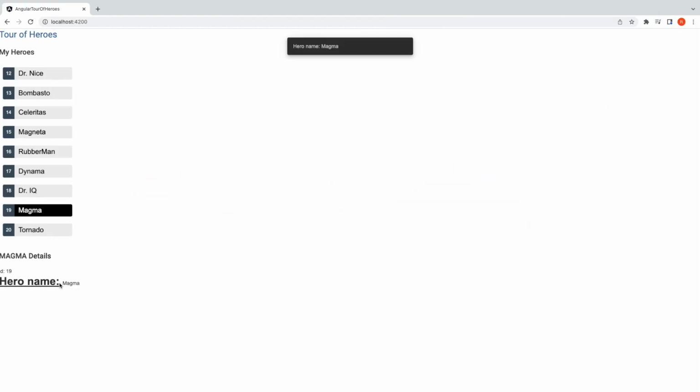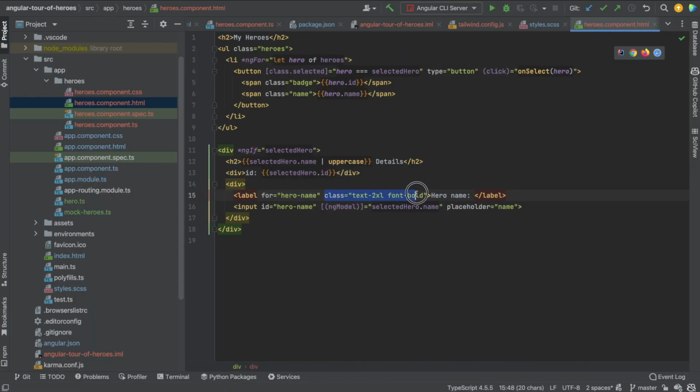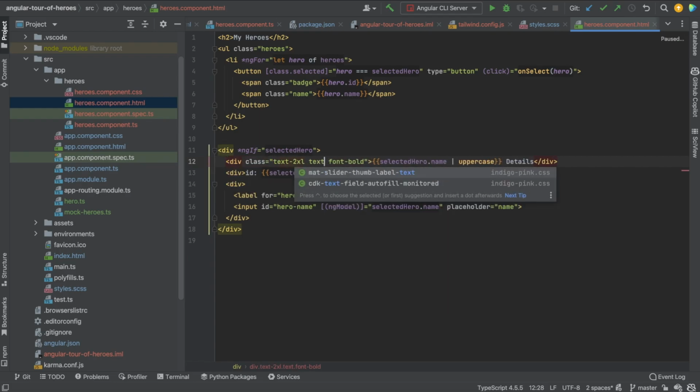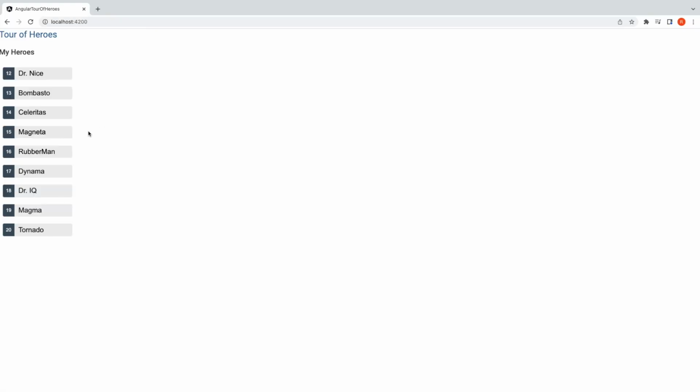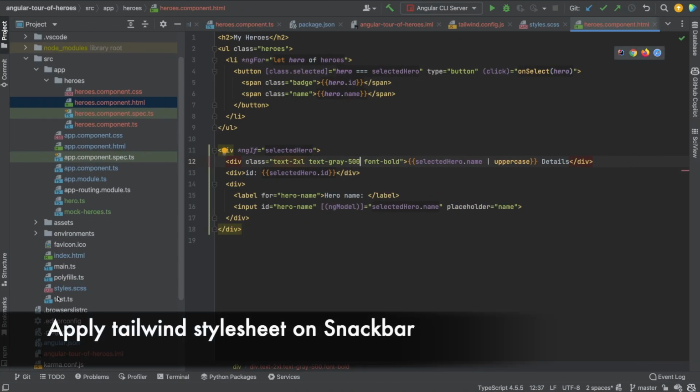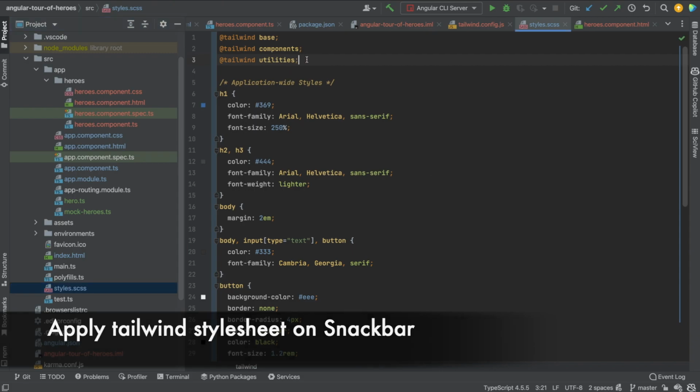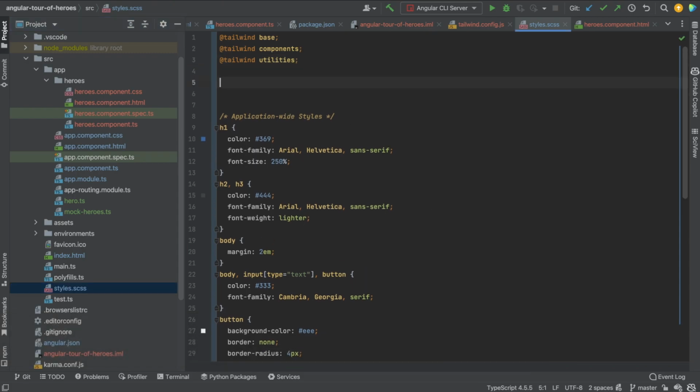Let's use some Tailwind style sheet classes on the hero name. So I think it's better to style details. To use Tailwind's utility classes to style the Angular Material snack bar, I will add to styles.scss the following custom